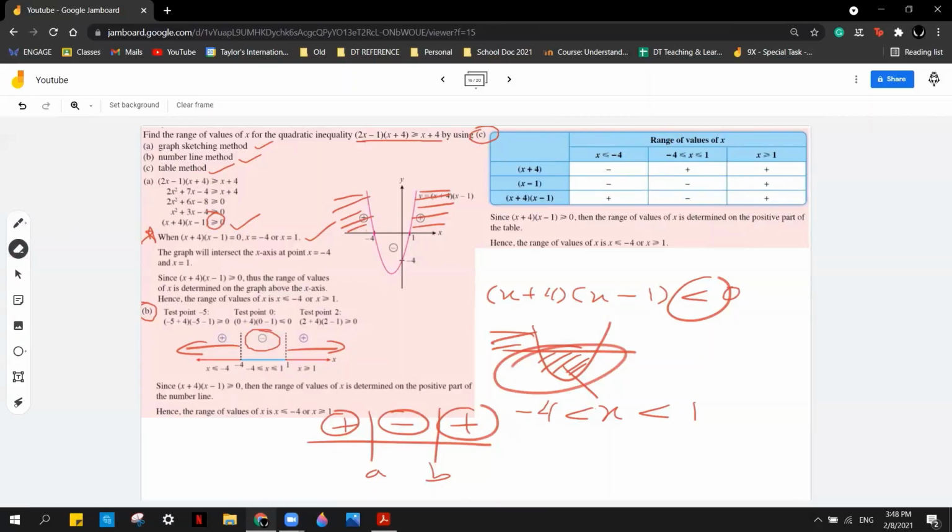Now have a look at what is happening here. The contents are being multiplied from top to bottom. Negative times negative gives a positive value, negative times positive gives a negative, and then this is positive. So you see a repetition here. When you see this, what do you want, more than or less than? If you want less than, you take this. If you want more than, you take this. You just have to see the equation and solve it accordingly. This is actually quite simple and direct.